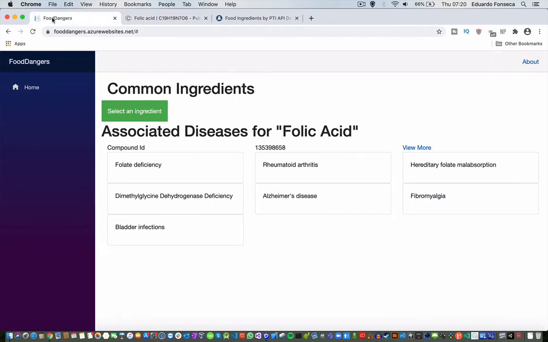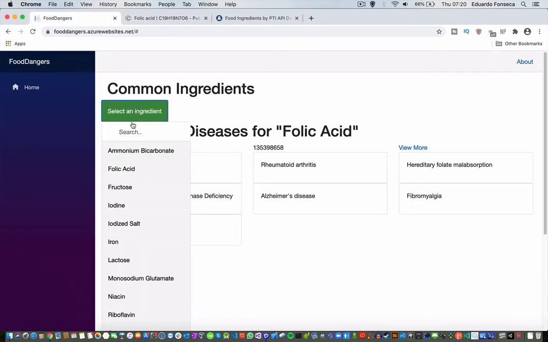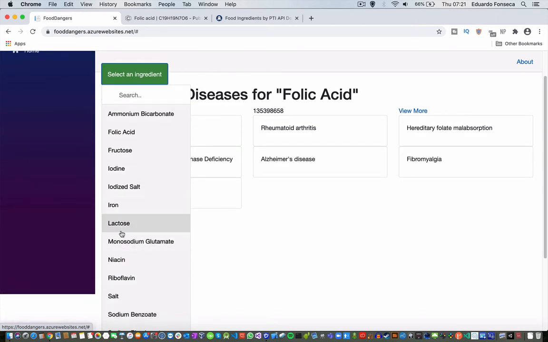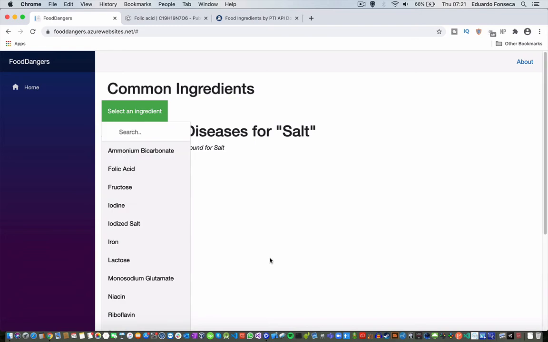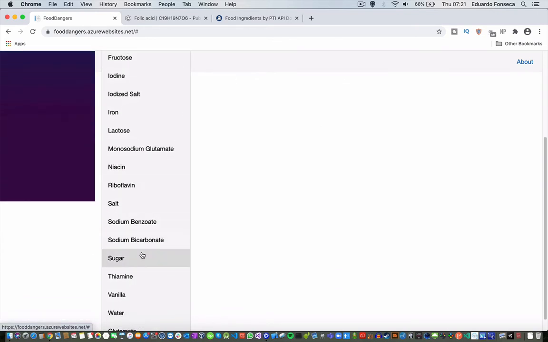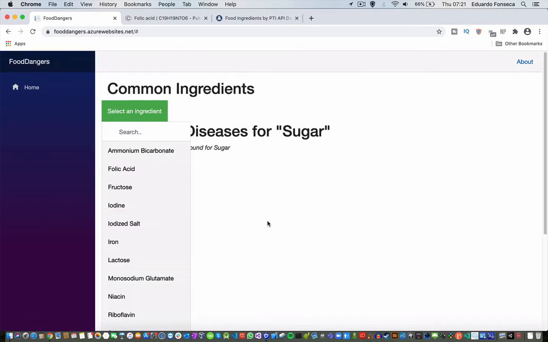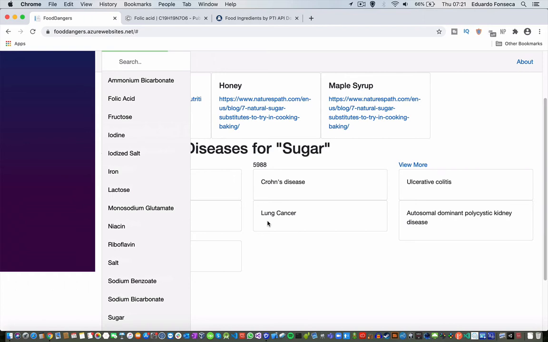Okay, if we go, for example, to, let's see, I believe salt had something. Let's see. Okay, didn't get anything. Lactose, let's see. It doesn't have anything. Let's go and see this one. Okay,